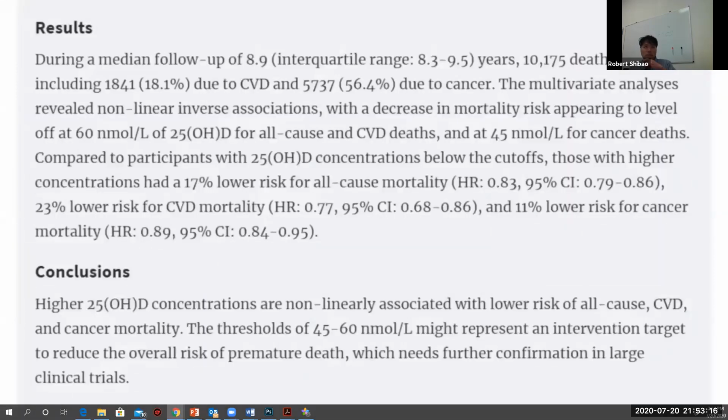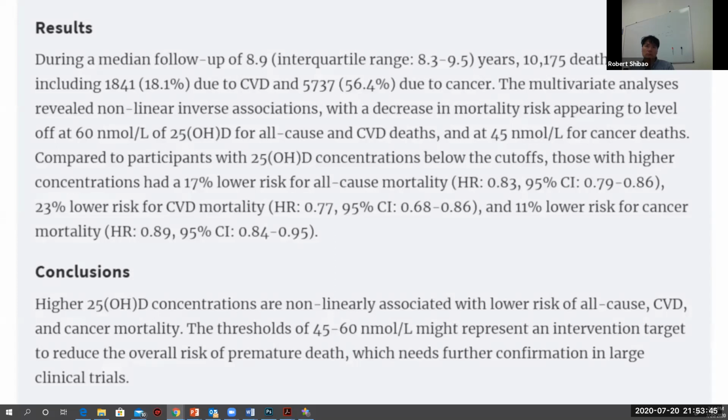After a median follow-up of about 9 years, over 10,000 deaths occurred, including 18.1% due to cardiovascular disease, 56% due to cancer. The multivariate analysis revealed nonlinear inverse associations with a decrease in mortality risk appearing to level off at 60 nanomoles per liter of 25-hydroxy vitamin D for all-cause and cardiovascular deaths, and at 45 nanomoles per liter for